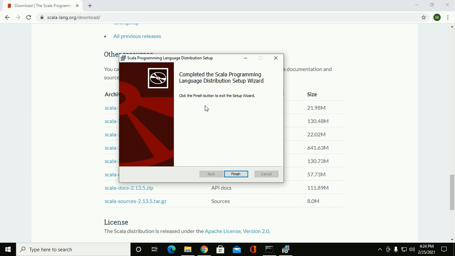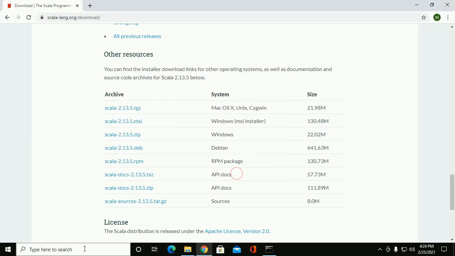Okay, installation completed, so click on finish and